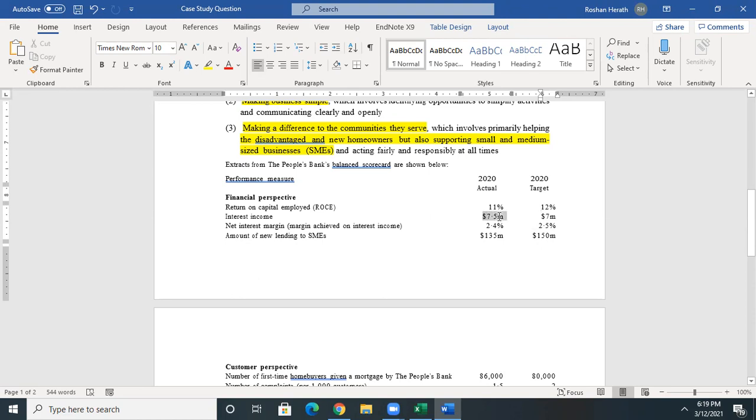So they are having a higher interest income. Then what would have been the reason that they are not being able to achieve a higher return on capital